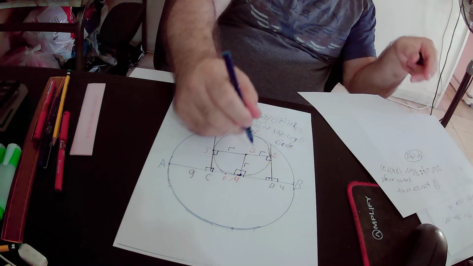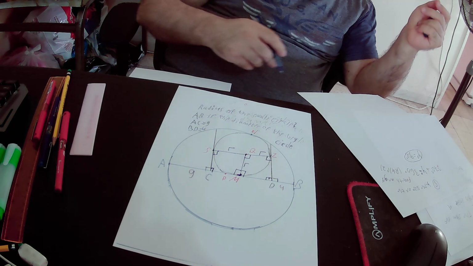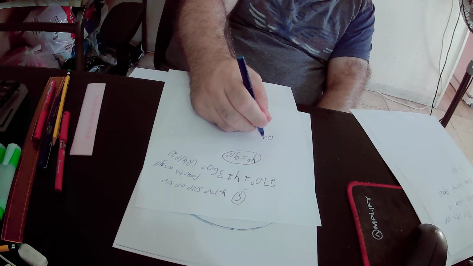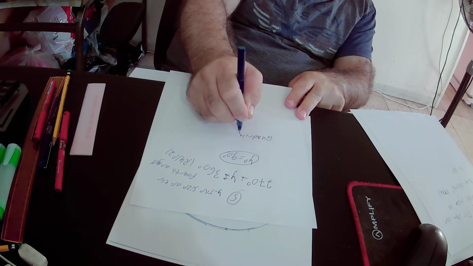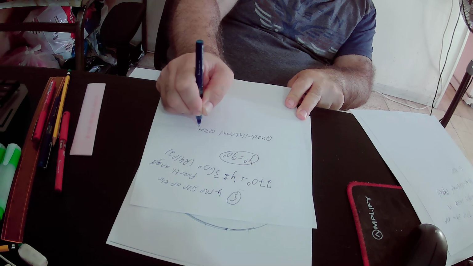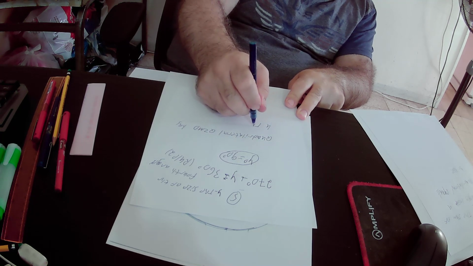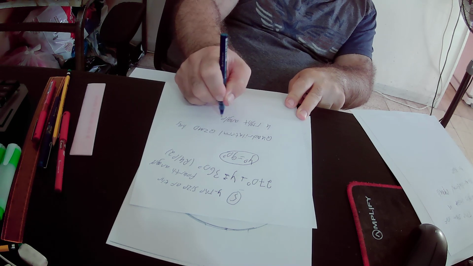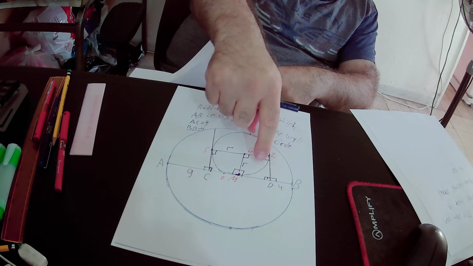Therefore, this angle is also a right angle. So actually, quadrilateral QZMD has 4 right angles. As you can see here in the drawing, this quadrilateral QZMD has 4 right angles,